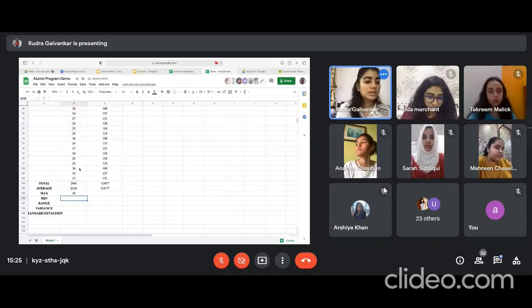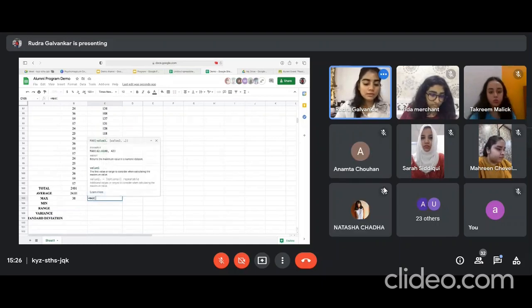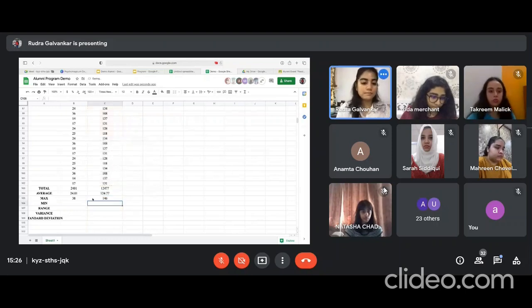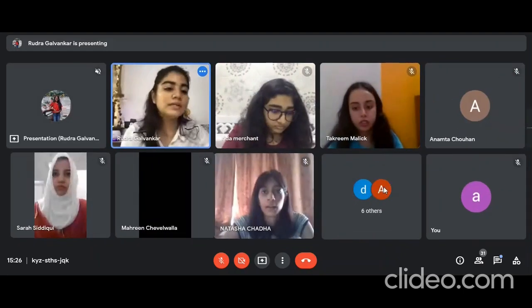So the value 38 is the highest in my data. Do the same thing for the other column: equals to MAX, open the bracket, C3 colon C102, close the bracket. Your answer should be 38 and 146.